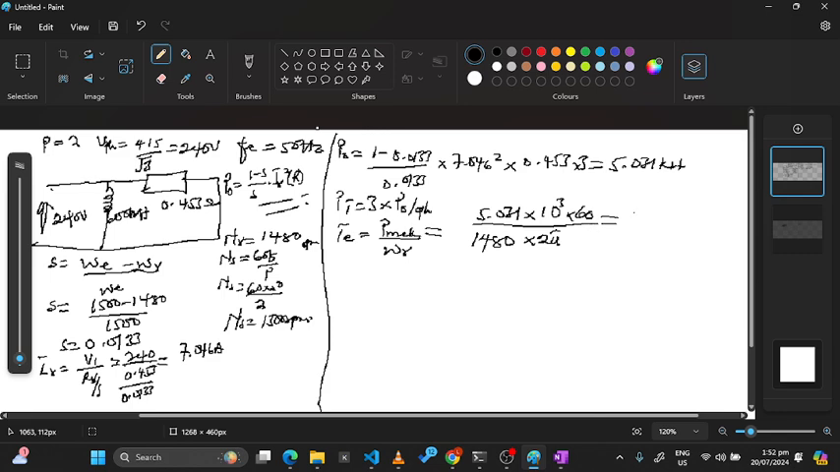This will give me 32.46 Newton meters. I hope that makes sense. Okay, then the second part of the question says, now let's move to